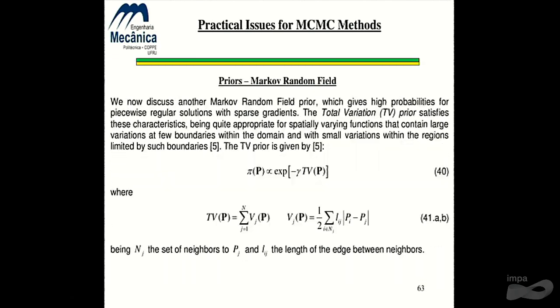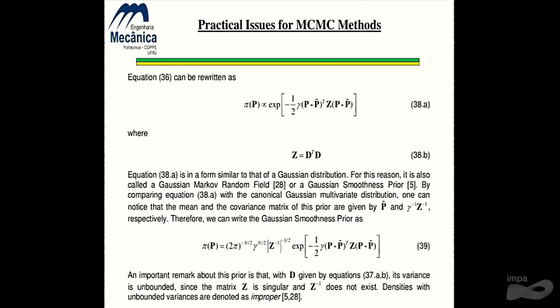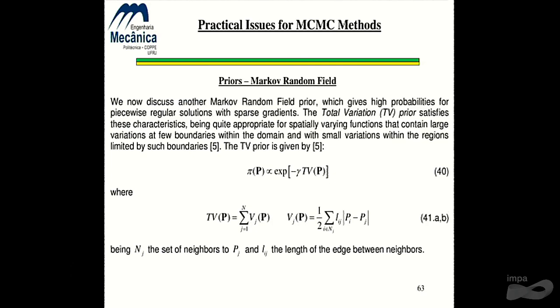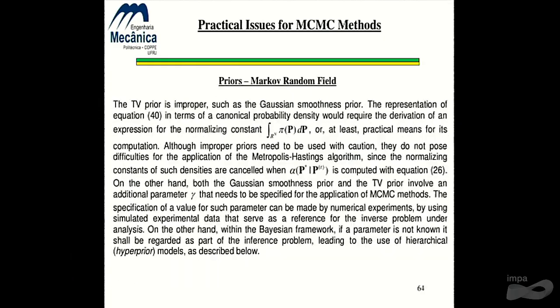Why? Because in the Gaussian smoothness prior, although we know that this is unbound, we can compute, analytically, the normalizing constant for this distribution. But for the total variation prior, the normalizing constant would be obtained by the integration of this expression from minus infinity to plus infinity, which we don't know. And this certainly depends on gamma. What I mean is that the constant that appears here in front of the exponential depends on gamma, and it's not known. So we cannot apply this approach for the total variation prior,